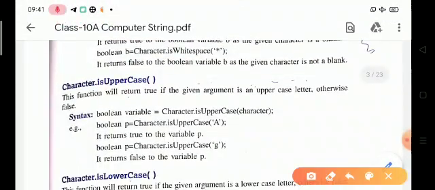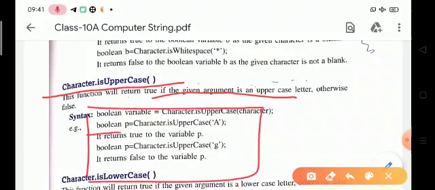Next function is the Character.isUpperCase function. This function will return true if the given argument is an uppercase letter, otherwise false. In this example, boolean p is equal to Character.isUpperCase of capital A. Here A is in capital form, so it returns true to the variable p.